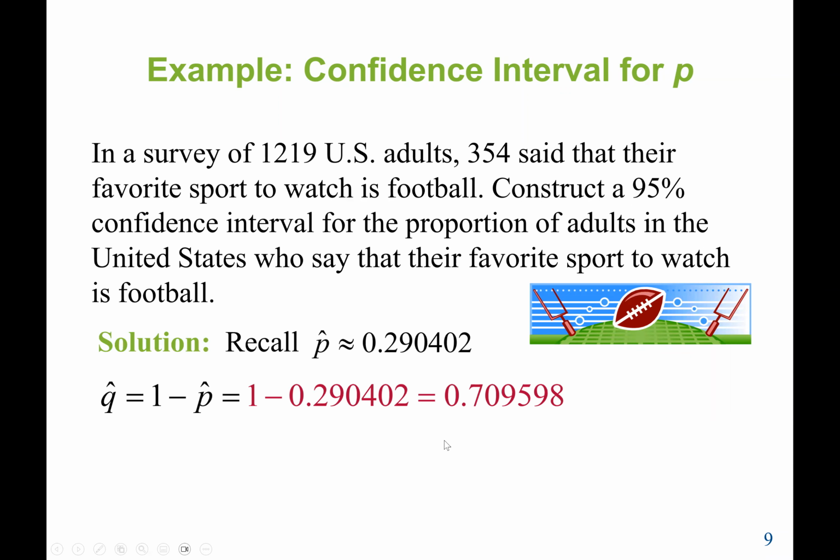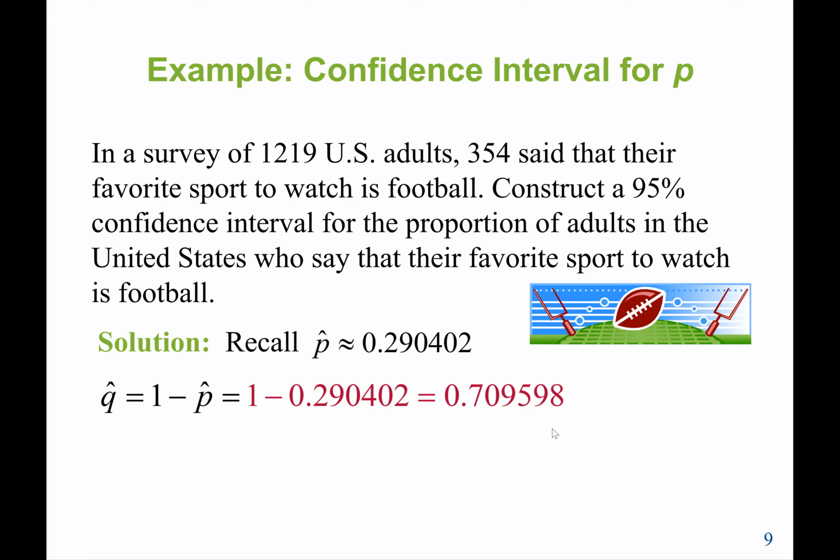So the first thing we need to do is to find the p hat. Remember, the p hat gave us 354, which is the x, divided by the sample size, 1219. So 354 divided by 1219 will give us 0.290402. Then we also find the q hat because we need to find the E. So q hat will give us 1 minus p hat, which will give us